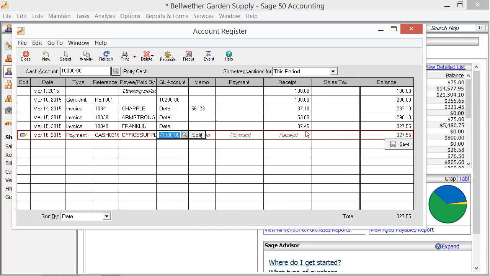Then click into either the Payment or Receipt column as appropriate and enter the amount of the transaction. Then use the General Ledger Account drop-down to select to which General Ledger account you want to apply the amount that you have entered. If you need to split the amount between multiple General Ledger accounts, note that you can